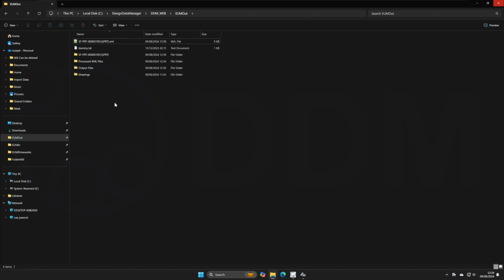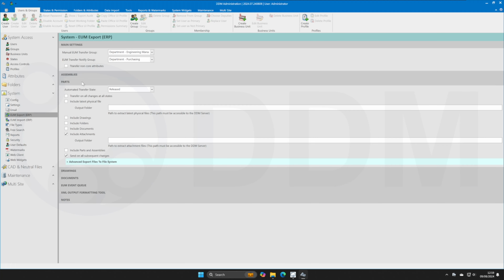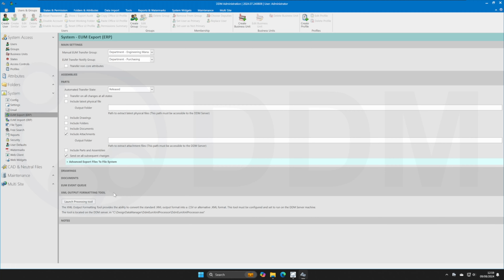The second enhancement is, if you're interfacing with another system, not all systems can use XML-based information, and some of the older legacy systems still use CSV files for import and export. What we've included in this new version is, if I go to here, XML output formatting tool. So we've included a new tool. If I launch the tool here,